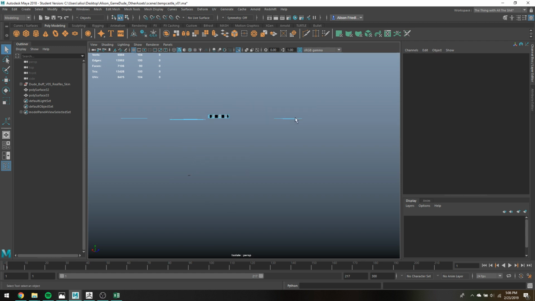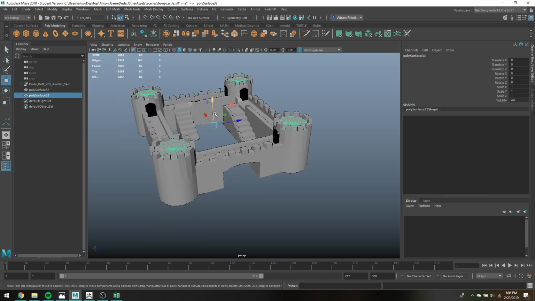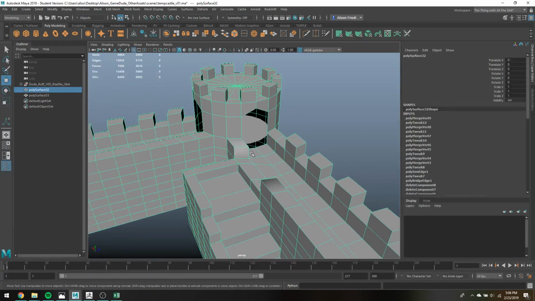Weird. Alright, and now I just have the top caps of the castle, so I can basically move these down and turn them into my floor if I modify center pivot, and then I'll just snap those down so that they are on the floor. At which point I should be able to...